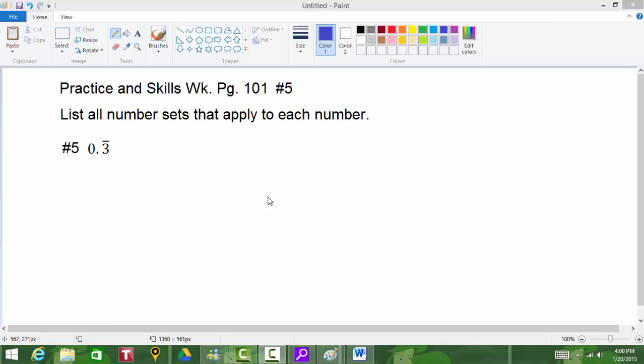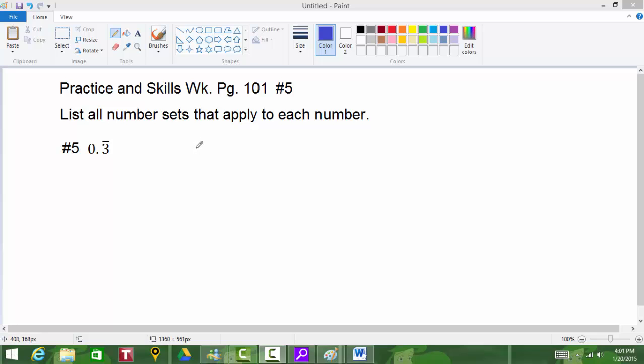Okay, we're going to be going over a problem from the Practice and Skills workbook. It's page 101, problem number 5. List all number sets that apply to each number, and the problem that has 0.3 with a repeating bar over the 3. Okay, so what we're trying to do on this one is think about the different